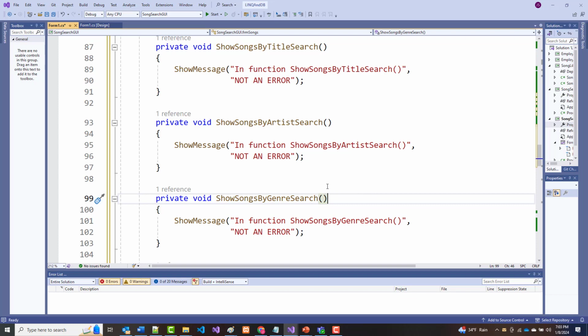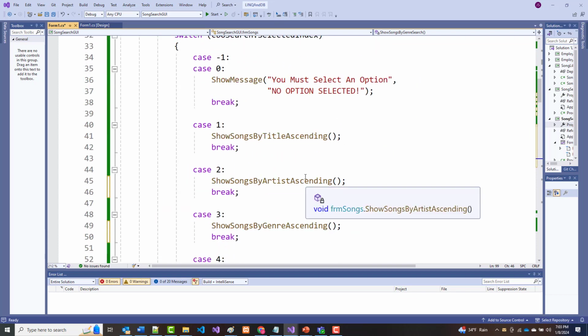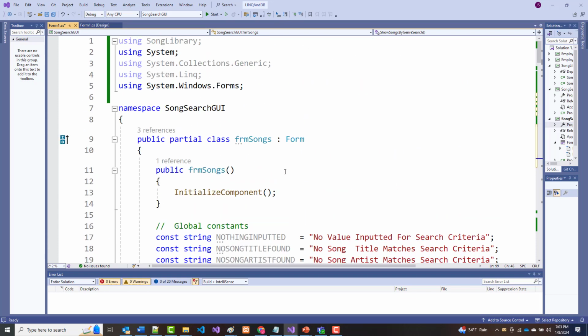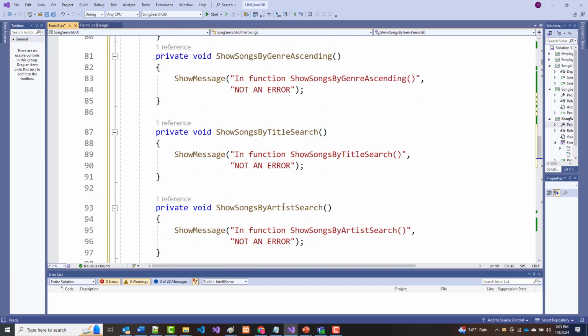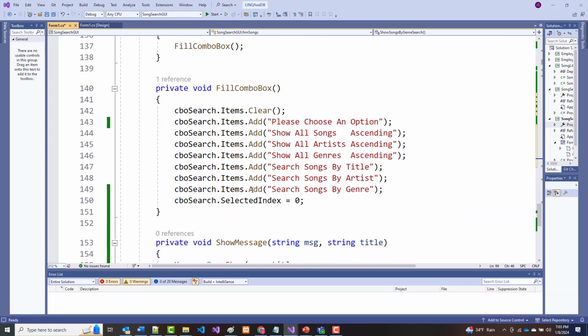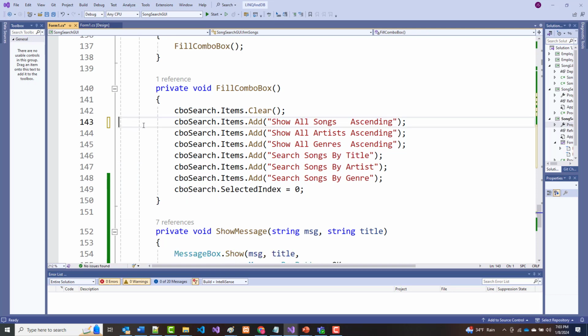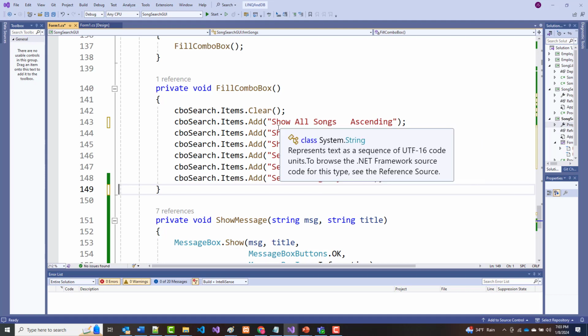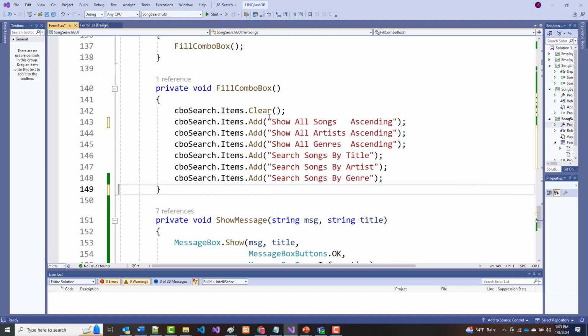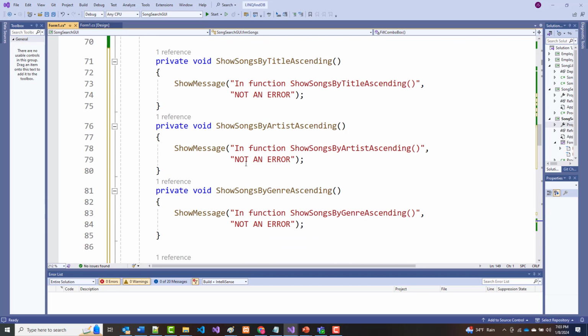All right, I think what I'm going to do, now that I'm thinking about it, is I'm going to set this thing up with what I did in here before. That's all fine. I'm not going to choose an option, and I'm not even going to set this. I'll just have all that stuff in there. So that'll be 0, 1, 2, 3, 4, 5. All right, so now I've got